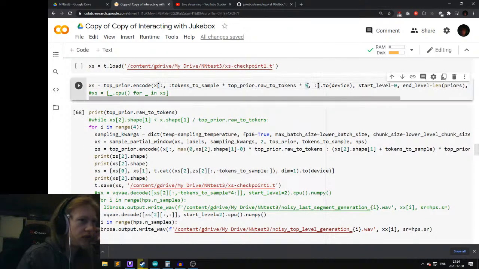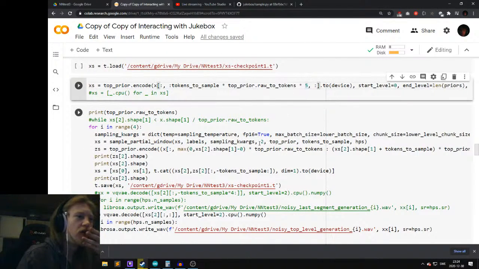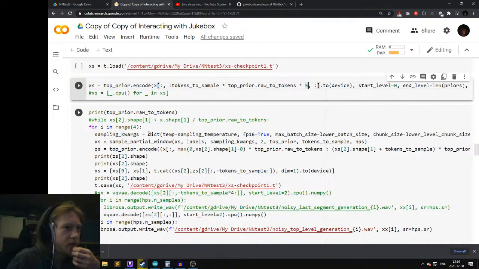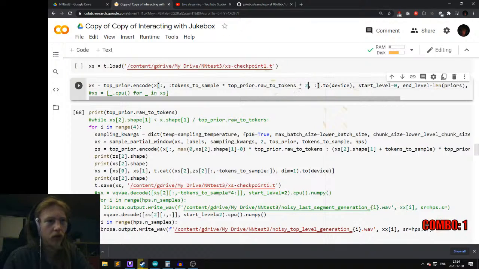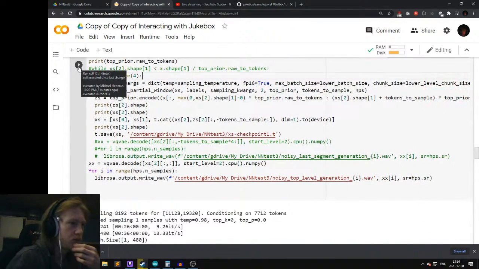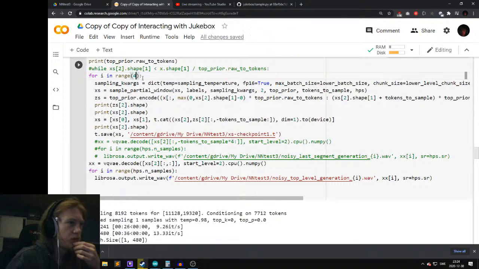Oh, I just realized it's offset by 1. Interesting. Should probably keep that at 2, but yeah. What I will do is